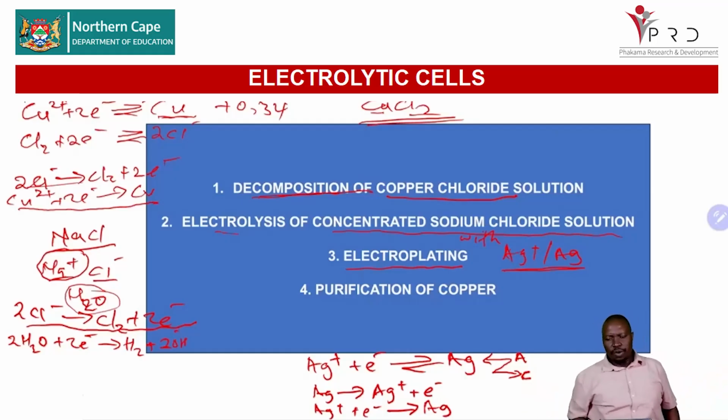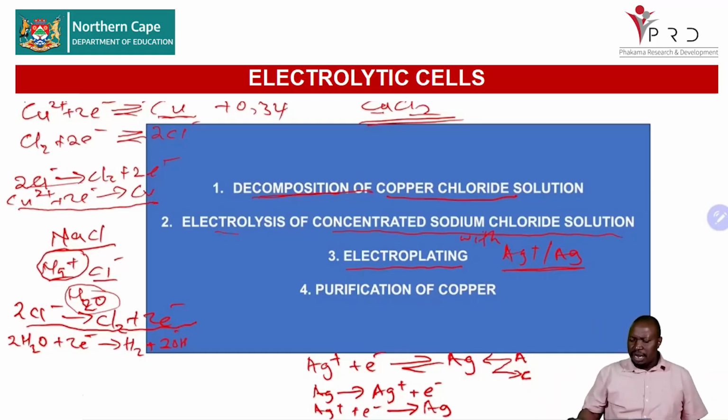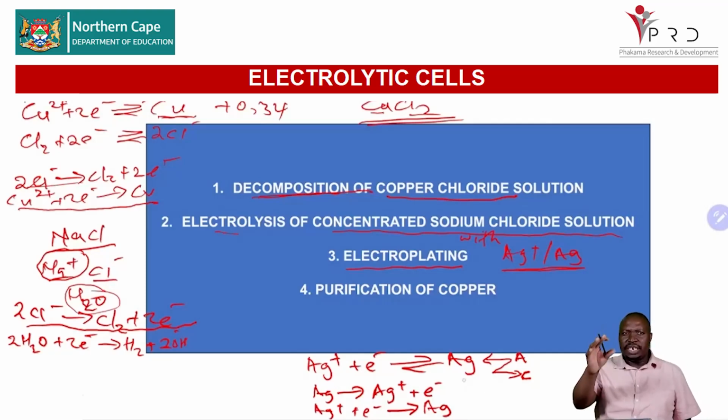So you did that question and you understand electroplating, and you are saying the concentration of the electrolyte remains constant. It remains the same. Why? Because you can see that the rate of oxidation and the rate of reduction remains the same. So we have equal rates: the rate of oxidation is equal to the rate of reduction. So you're just doing that. The same with